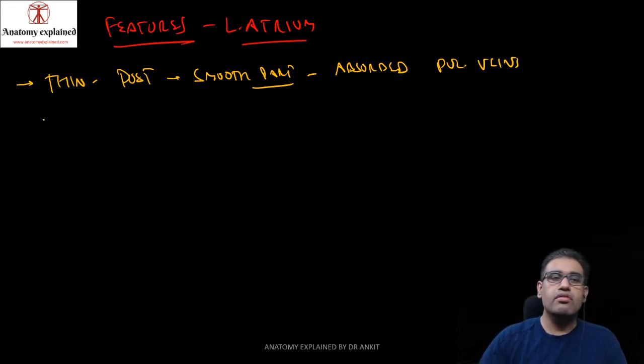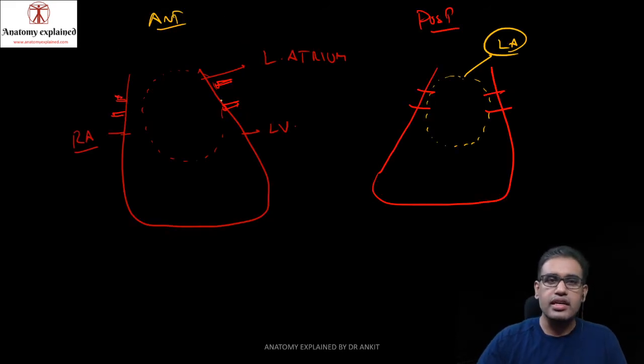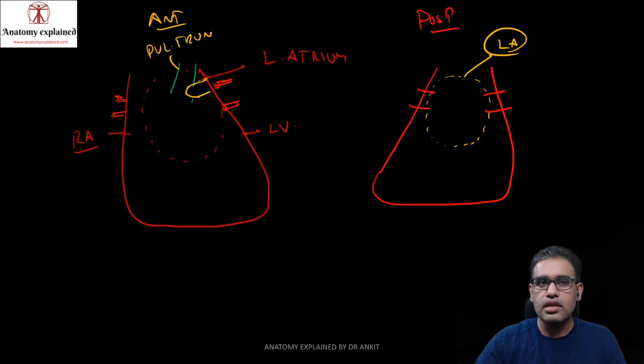very smooth. While there is a small appendage of the left atrium which is known as the left auricle, which actually goes anteriorly, and it comes over here and covers the outflow part of the right ventricle. So we have the right ventricle over here, and this was the outflow part of the right ventricle in the form of the pulmonary trunk. So this left auricle comes somewhat in the front side, and it covers the origin of the pulmonary trunk. Imagine this is the pulmonary trunk coming from the right ventricle. So this is your left auricle.